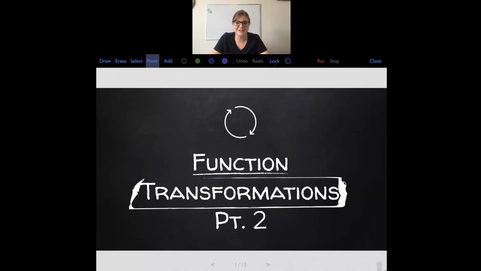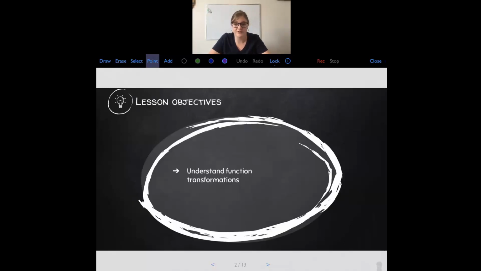We are going to continue on in our lessons about function transformations. This is part 2, and our objective here is to understand function transformations. So I'm going to go over the different transformations that you'll need to know and show you an example. Okay, and then in the next lesson, part 3, is where we'll actually do a lot of example problems related